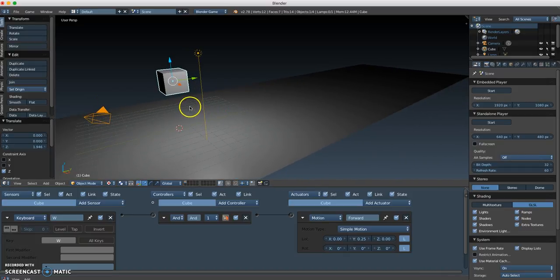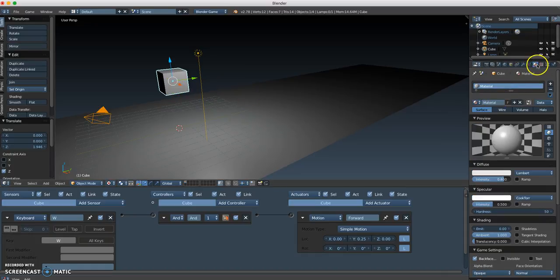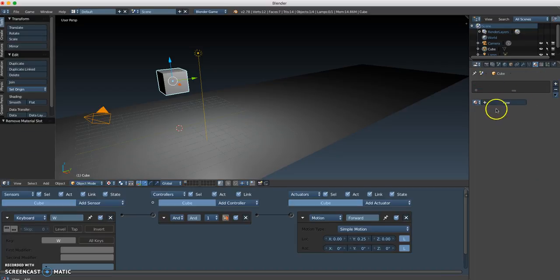In this second Blender Game Engine tutorial, I'm going to show you how to set up physics basics. So, alright, I'm going to go ahead and select my little cube character here, and I'm going to come over here to the Materials panel, and I'm going to take the existing material here. Again, if you did not see a material, it would look a lot like this. I'll just go ahead and click on plus to add a new material,